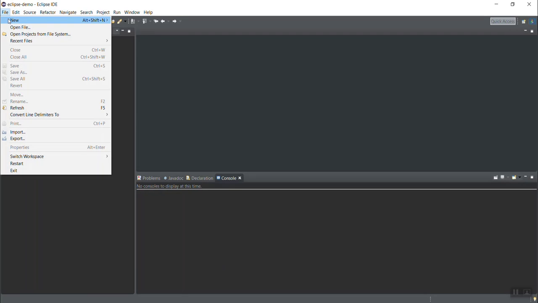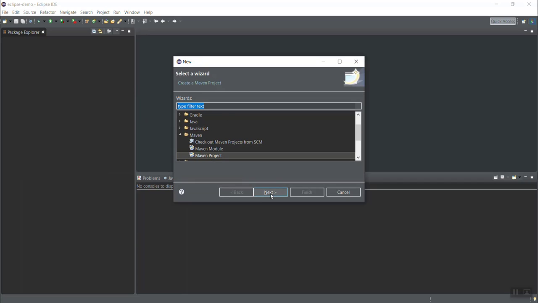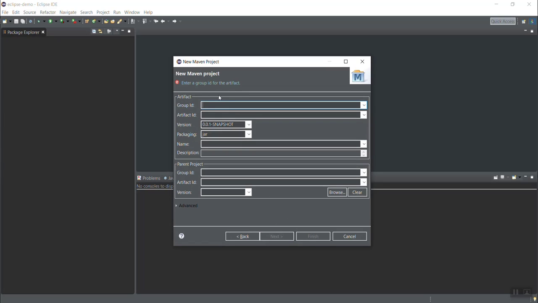And I'm going to use a new Maven project. The reason I'm using Maven is because I want to be able to update the POM file quite easily with the dependencies. You can also use Gradle if you like. It follows the same basic principles. So I'm not going to use an archetype. I'm just going to create a basic project. And I'm going to call this com.camunda.invade and invade worker.